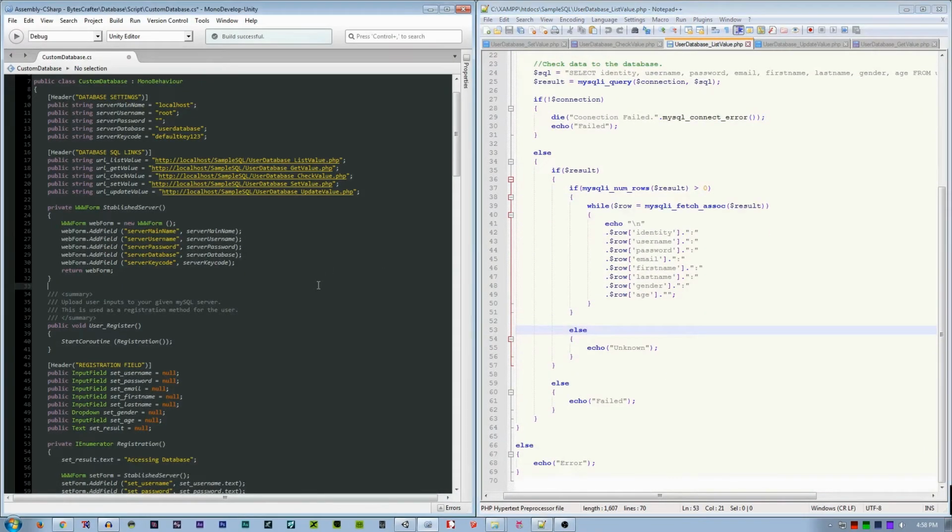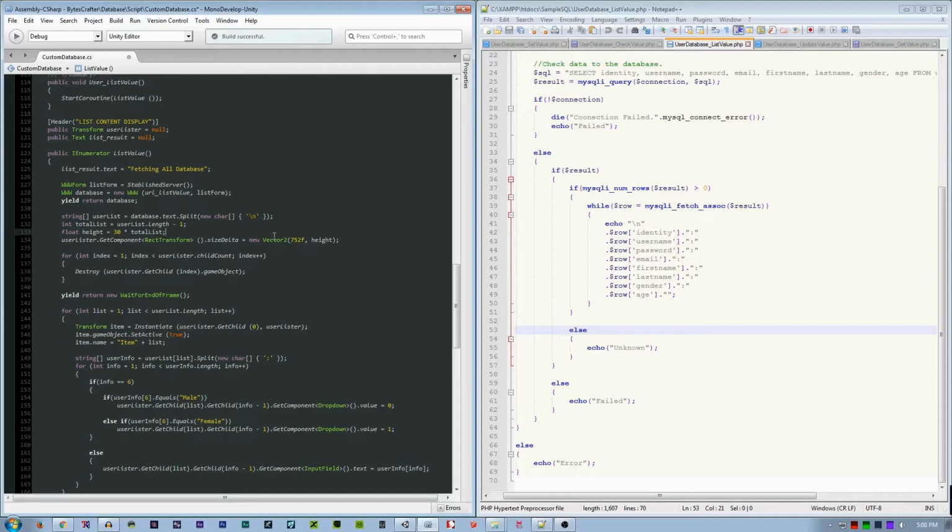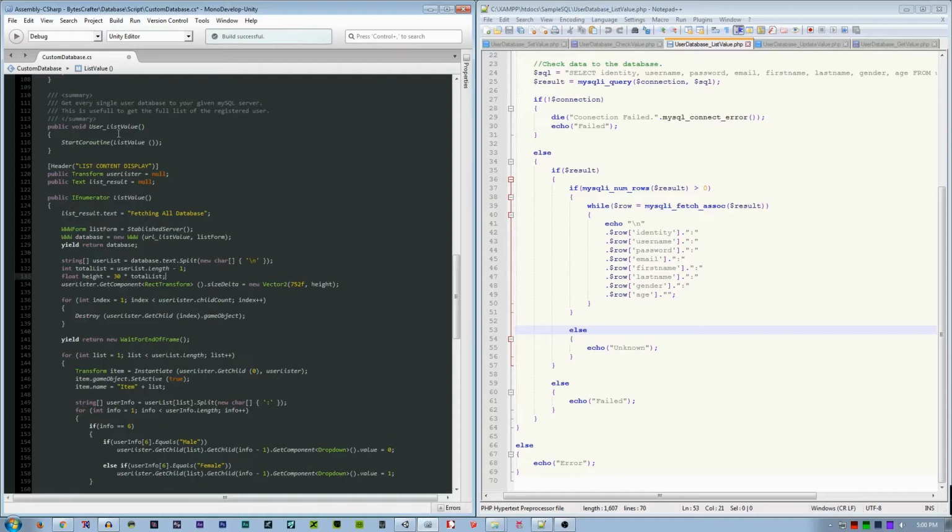That's it. Now we make a method called user_list_value, because we made the primary method an IEnumerator.